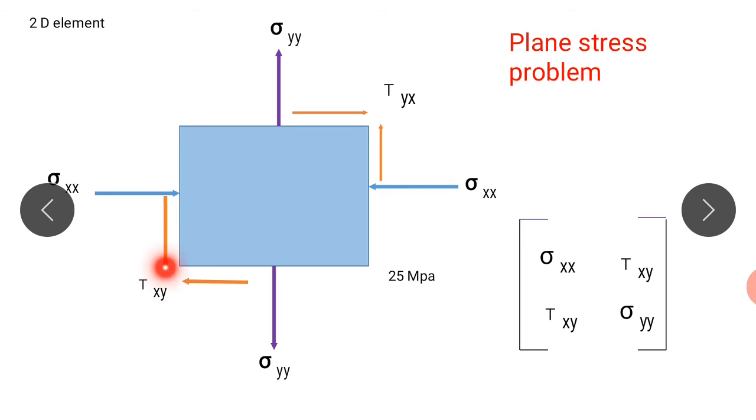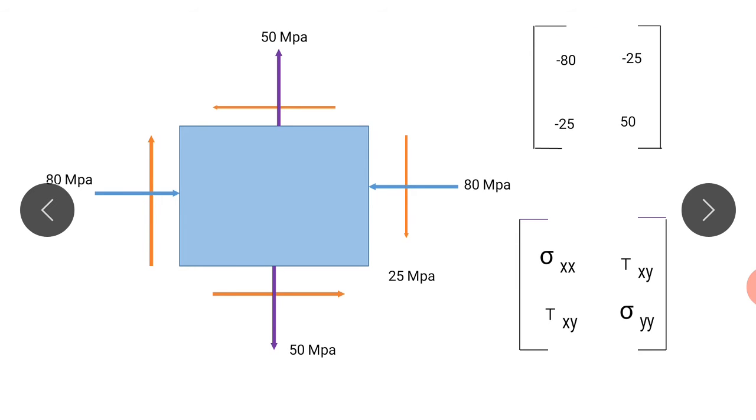So if at the left surface the force is downward and at the right surface the force is upwards, that should be considered positive. In the reverse manner, if it is not so, it should be considered negative. So one problem is given: if the block is having this kind of loading, it should be represented like this. So sigma xx, sigma yy, sigma xx is here 80 MPa. Okay, the standard direction should be away from this point. Here it is compressive in nature, that's why 80 is considered as a negative term.